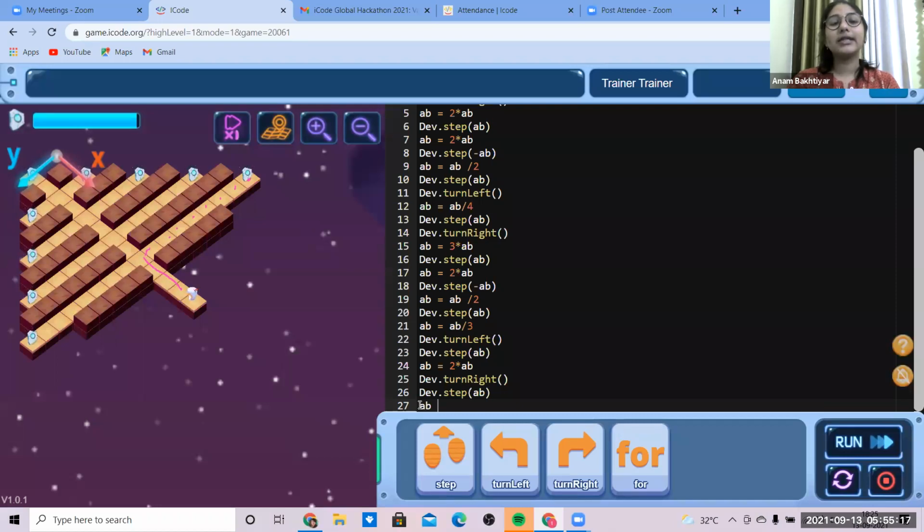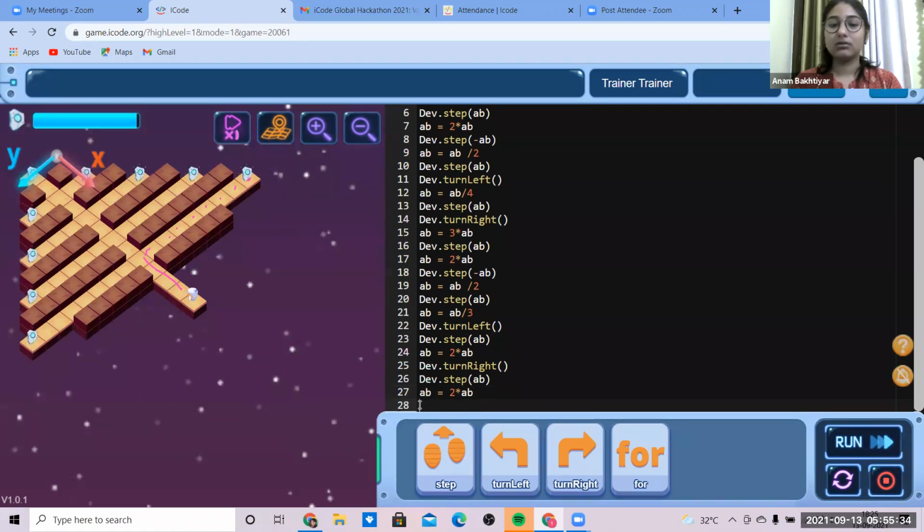Now how much is it? It was 4 in numbers. So I need to make it 8 steps in backward direction. I'll be going for 2AB again. You can judge the number of steps from the previous move you had made. Then step minus AB.